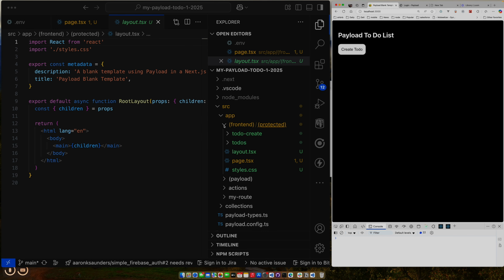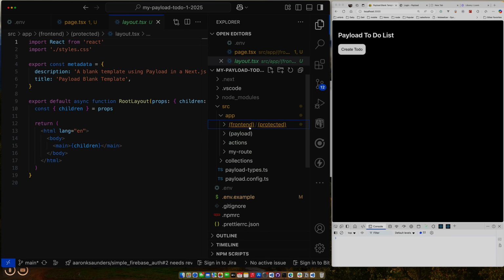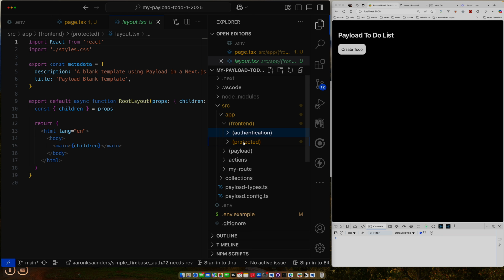So now what I want to do is inside of my front end, I want to create a folder called authentication, and that's where I'm going to put my login page, and if I had a create account page and stuff, I'd put it inside of there. This is just for grouping. So let's click on front end, and we're going to say authentication. Like I said, these are pages that are just for grouping right now. All right, so now that we have the project organization set up, because that's what this really is about, just organization,